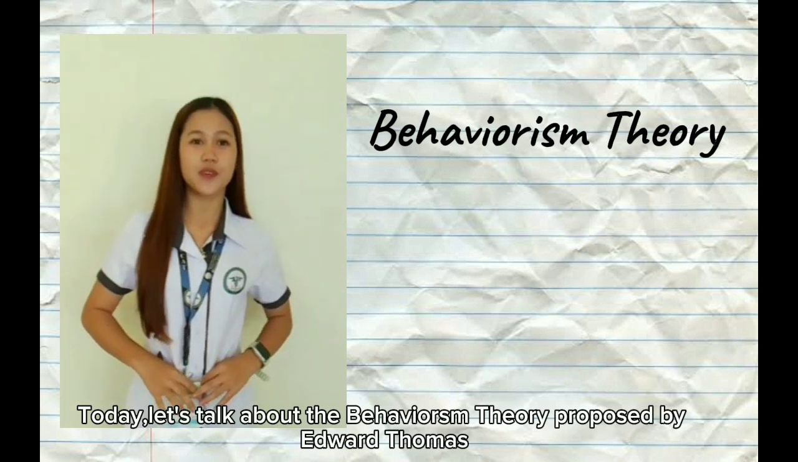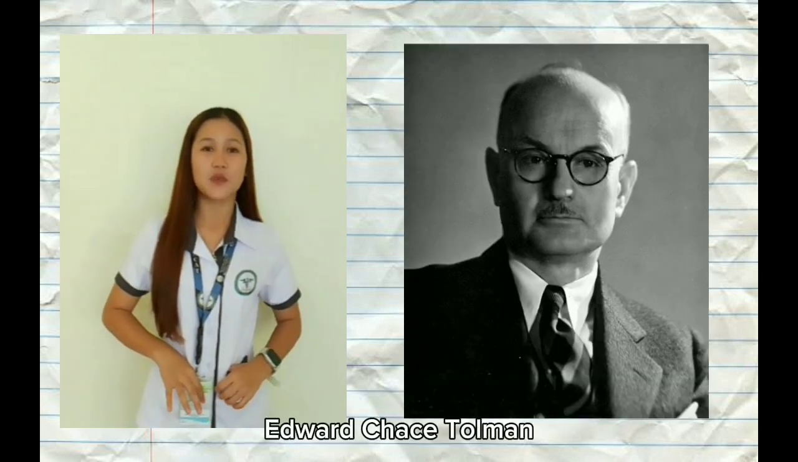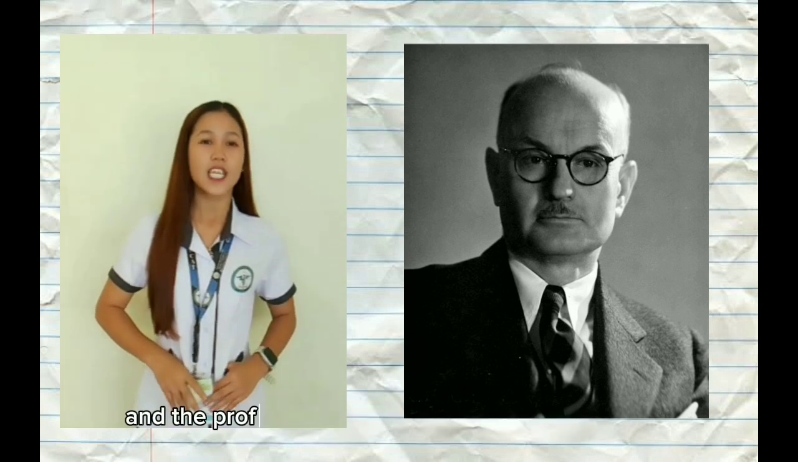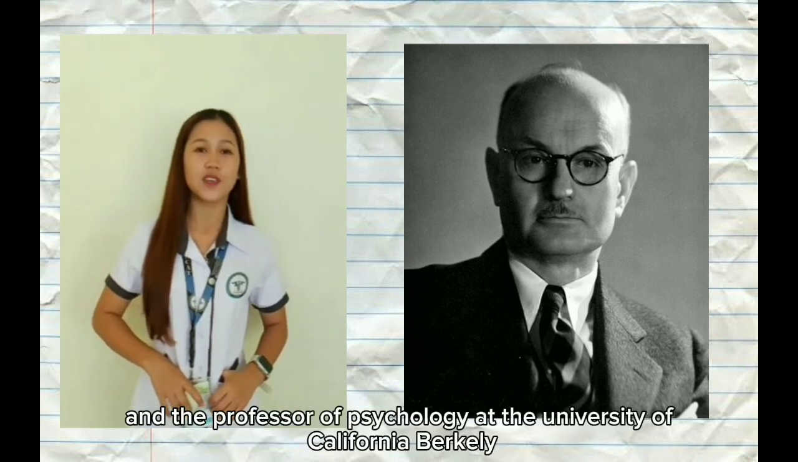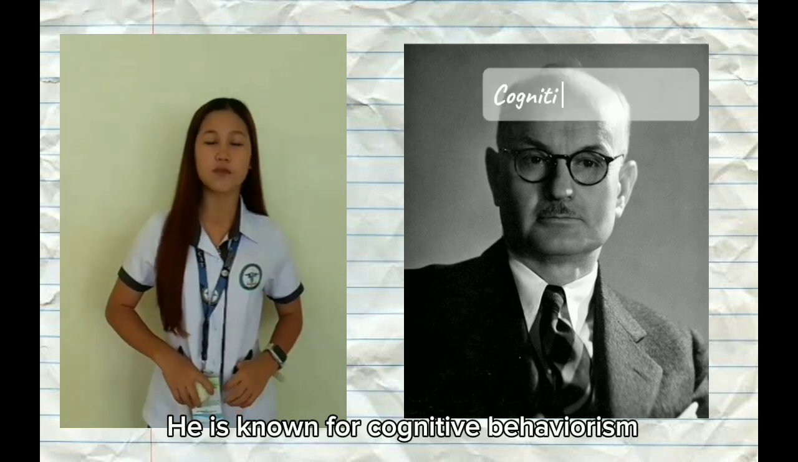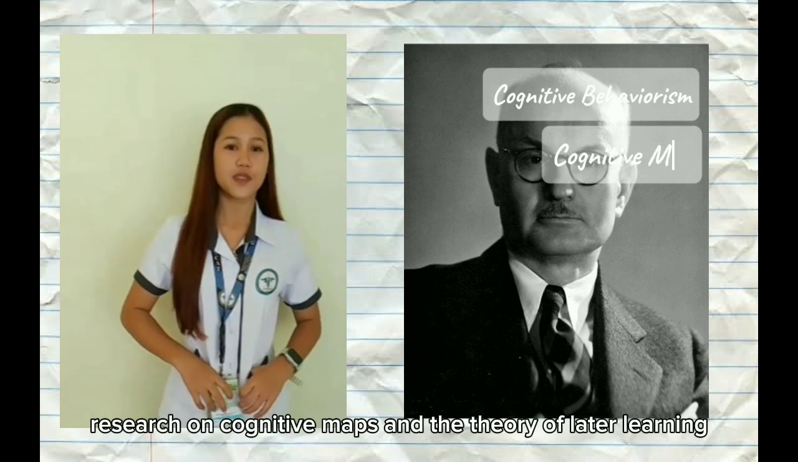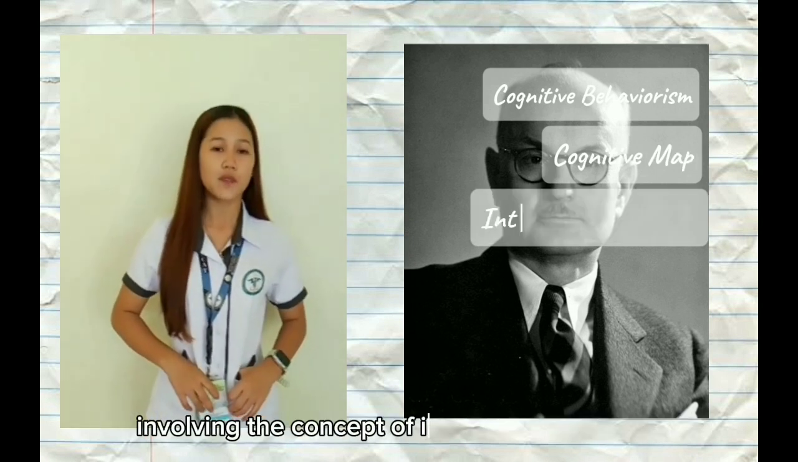The behaviorism theory proposed by Edward Tolman. Edward Chance Tolman was an American psychologist and a professor of psychology at the University of California, Berkeley. He is known for cognitive behaviorism, his research on cognitive maps, and the theory of latent learning involving the concept